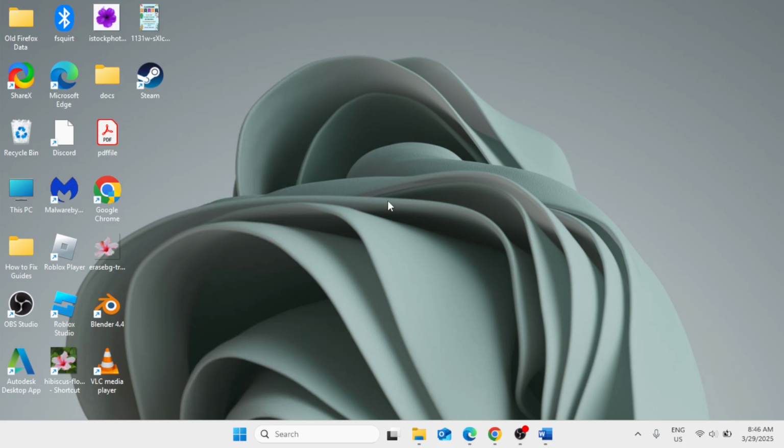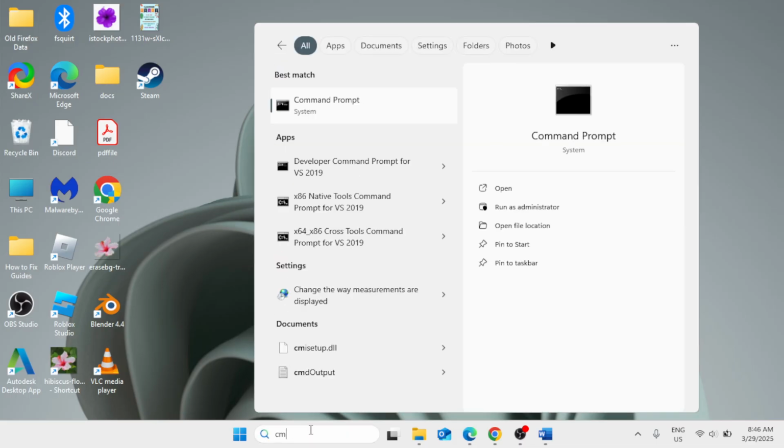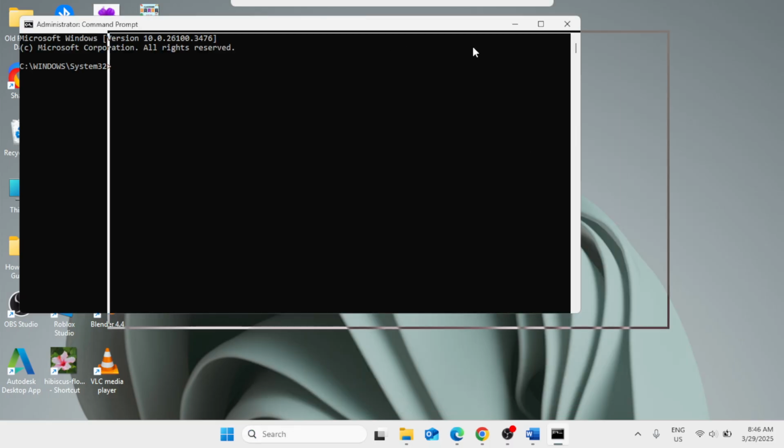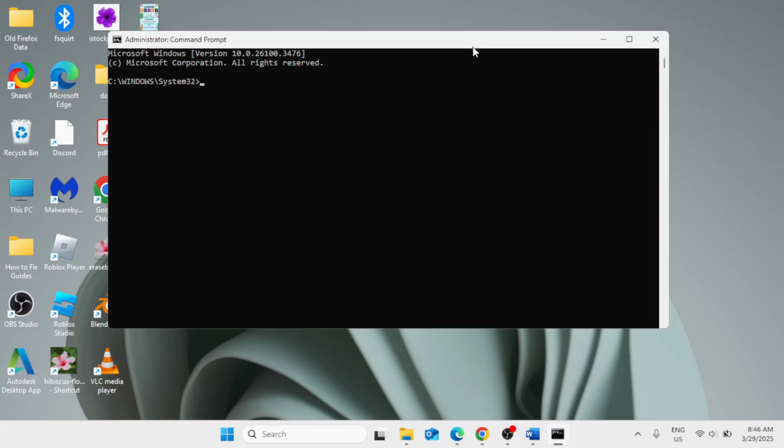And for the final method, we can run some commands in the command prompt. So go ahead in the Windows search bar and type cmd, command prompt. On the right pane, click on Run as administrator. In here, simply type these commands: